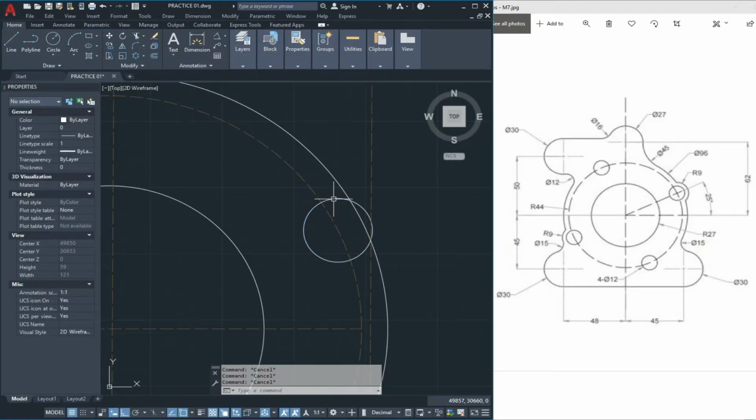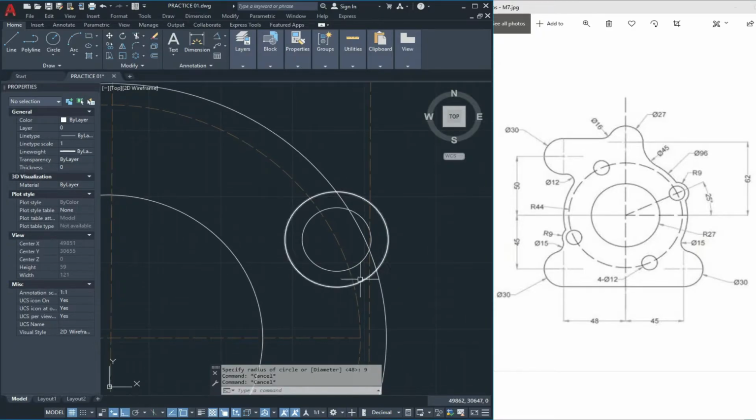Now we have another circle with the radius of 9 units. Like this, and trim this circle and delete it.